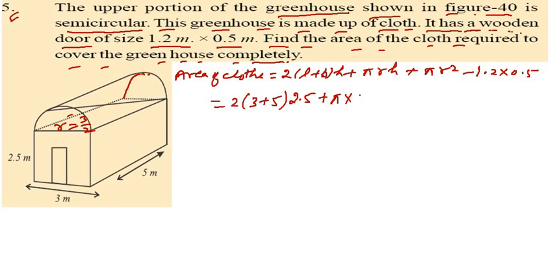And h is this one, so you can write the 5. h is 5 and plus pi r square, so pi r is 3 by 2, 3 by 2 whole square and minus 5 4s are 20, 5 2s are 10, 60